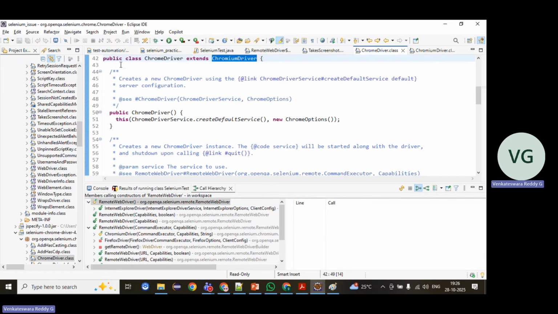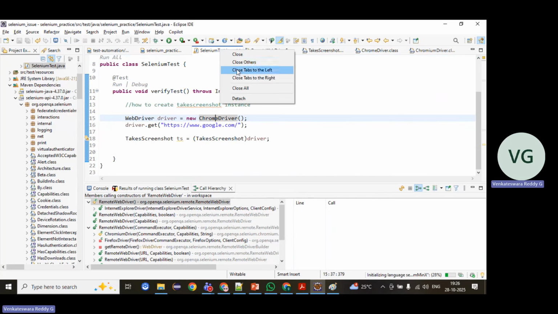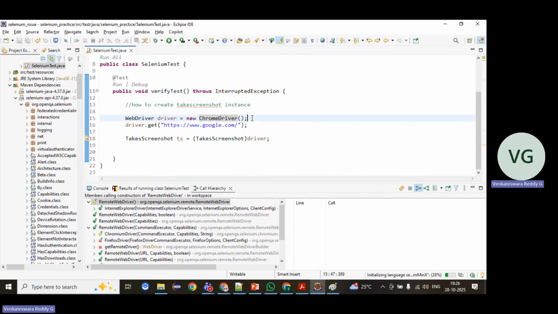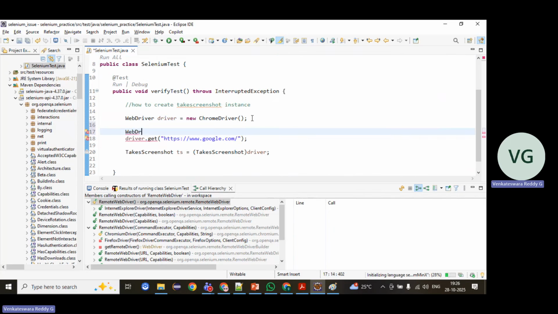Suppose if you, one second, it got stuck. Okay, if you open WebDriver driver equal to